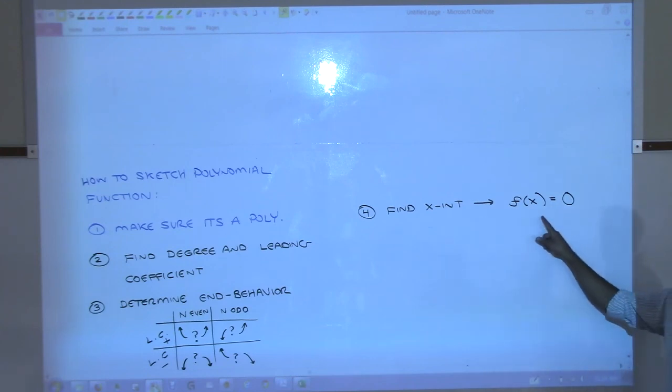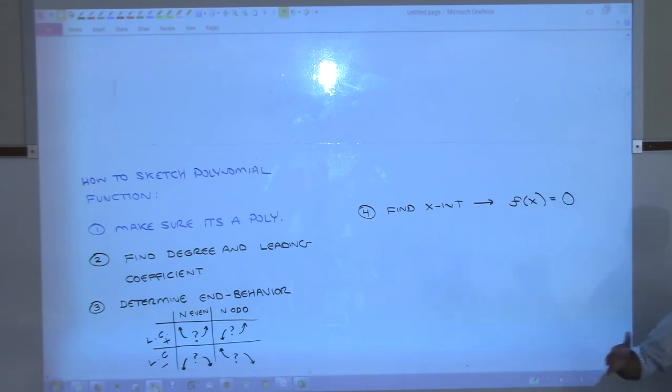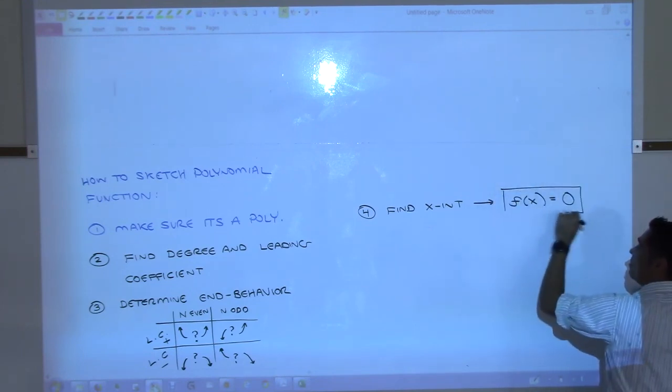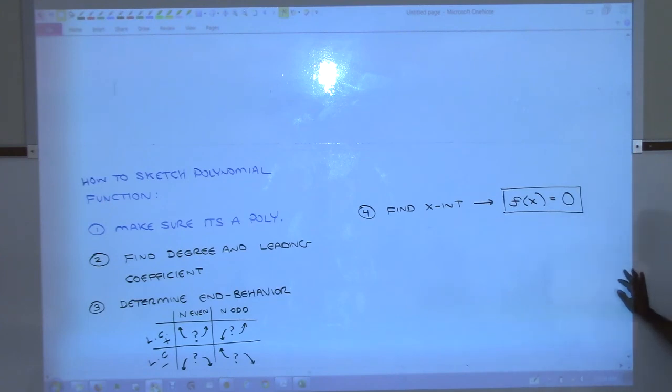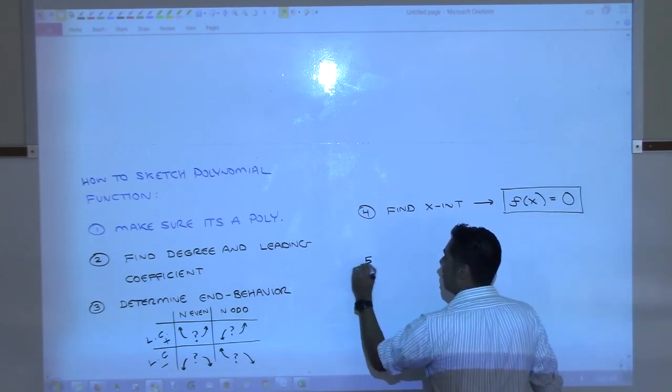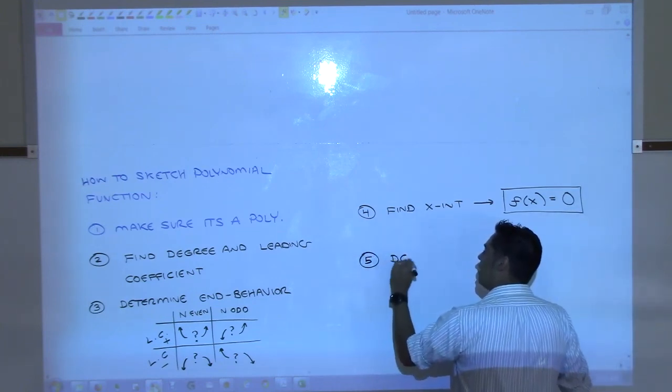We don't plug 0 into the function, right? That's different. We're not plugging 0 in. We are setting it equal to 0. And then how are you going to solve that? It's just going to depend, right? You're going to have to solve this, which means you're probably going to have to do some factoring, unless it's one of those big ones where I'm going to have to give it to you factored already. With me? Okay. So you find the x-intercepts. That's your fourth step. The fifth step is to determine